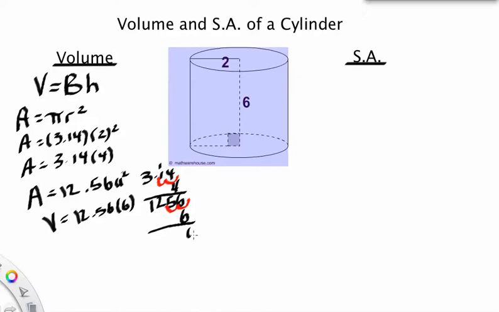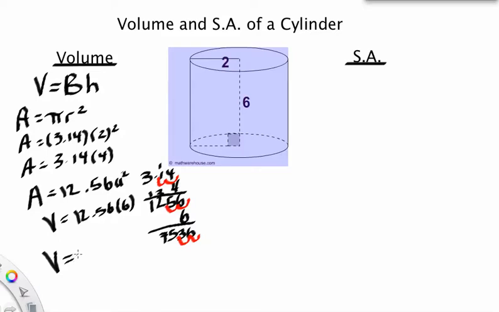6 times 6 is 36. Carry the 3. 5 times 6 is 30, plus 3 is 33. 6 times 2 is 12, plus 3 is 15. And 6 times 1 is 6, plus 1 is 7. So after I move it out that same once, twice, I'm going to have to move it back in once and twice. Once, twice. And I will get for my volume